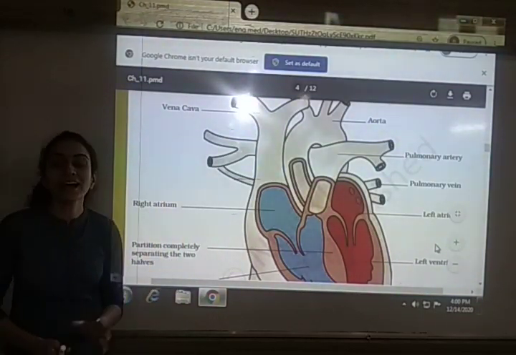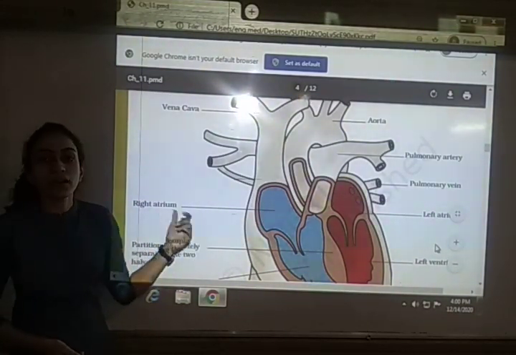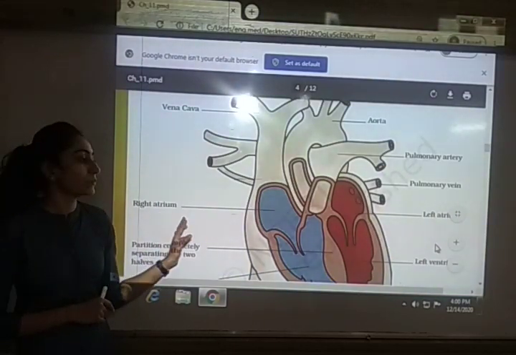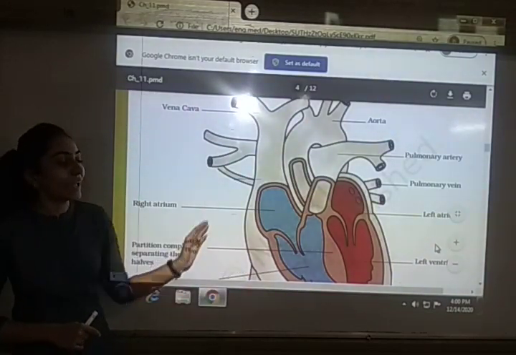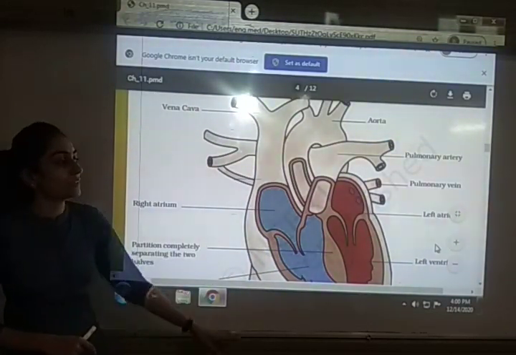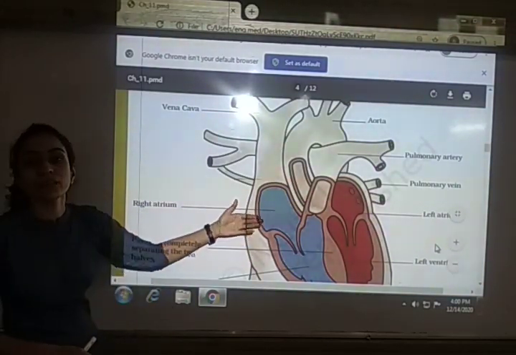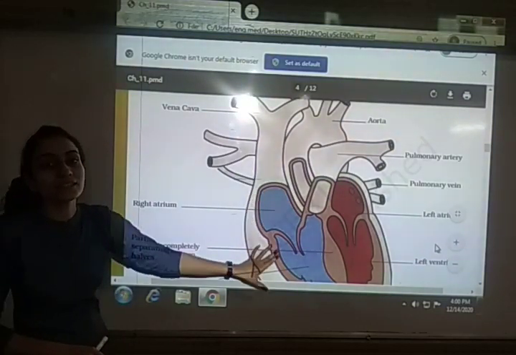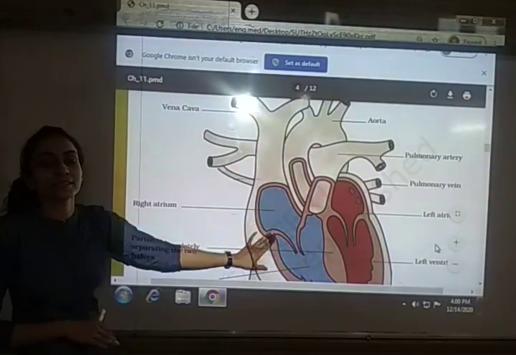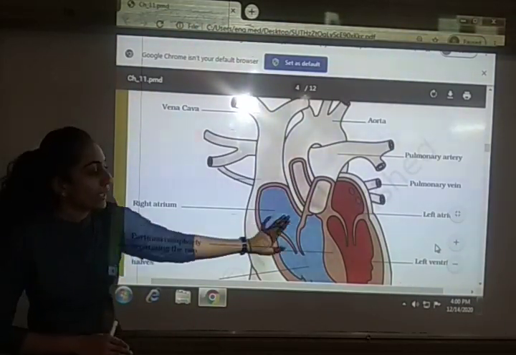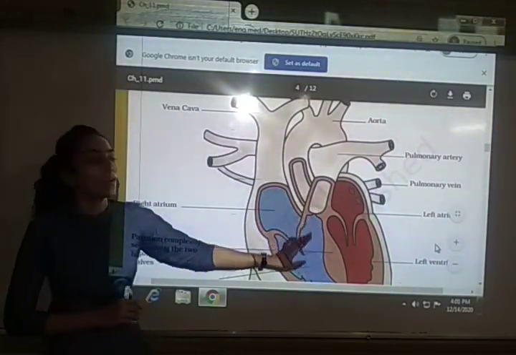In that we had seen that the heart has 4 different chambers. The upper chambers are known as the atria, atrium is the singular form. And the lower 2 parts are known as the ventricles, left ventricle and right ventricle. To separate these two halves, there is a partition, and here you can see the blue color. That means this part carries blood which is rich in carbon dioxide, and this red color part shows that the blood circulating there is rich in oxygen.